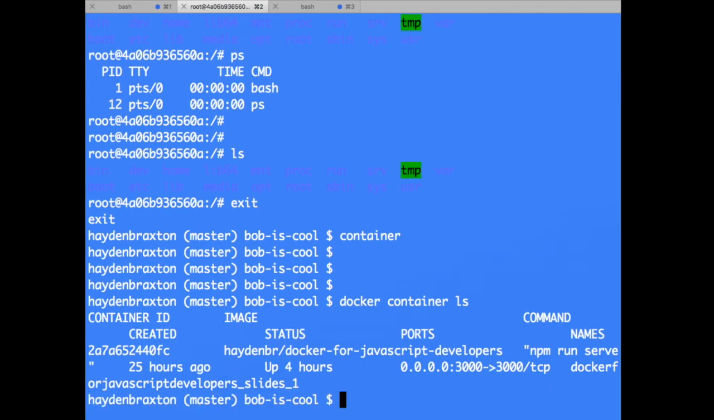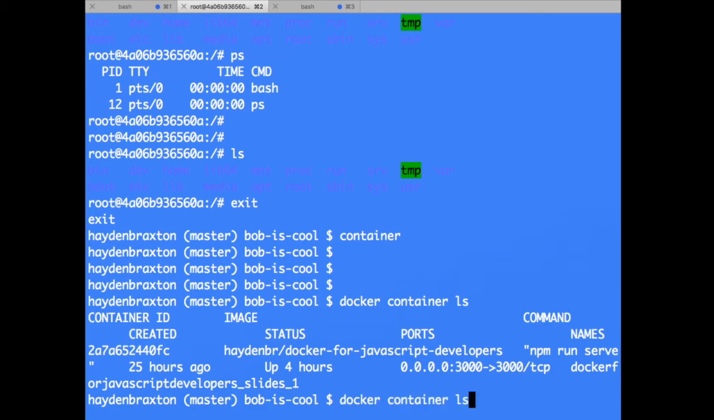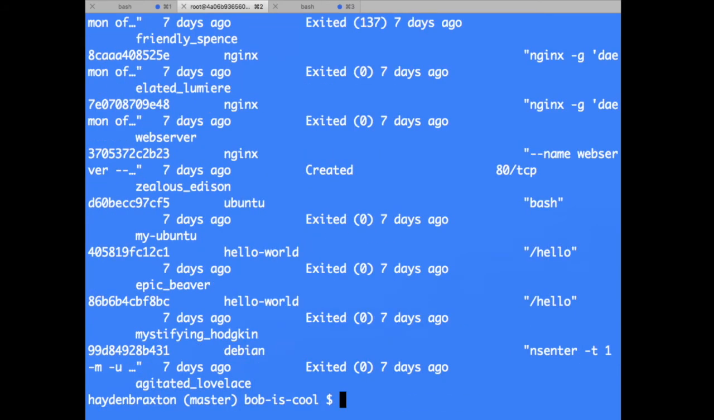And that shows you any running containers. The only one I have right now is actually the slides. The slides are running from inside of the container. Now, I actually just previously started these other two containers, so very similar to showing hidden files in your file system, I can also do docker container ls -a, and that'll give me all the containers that I have stopped,